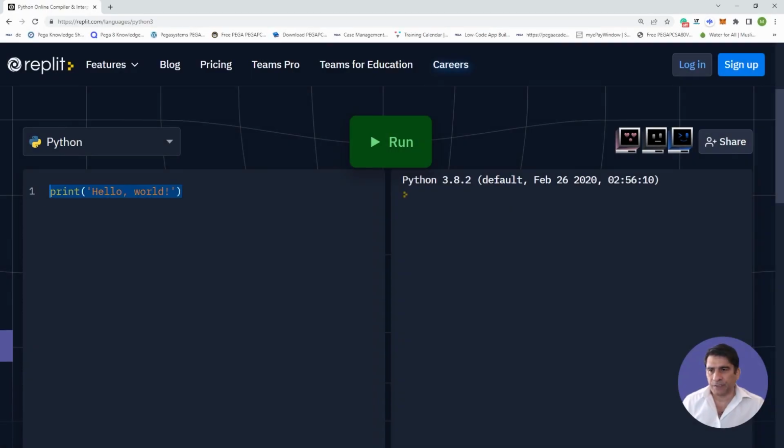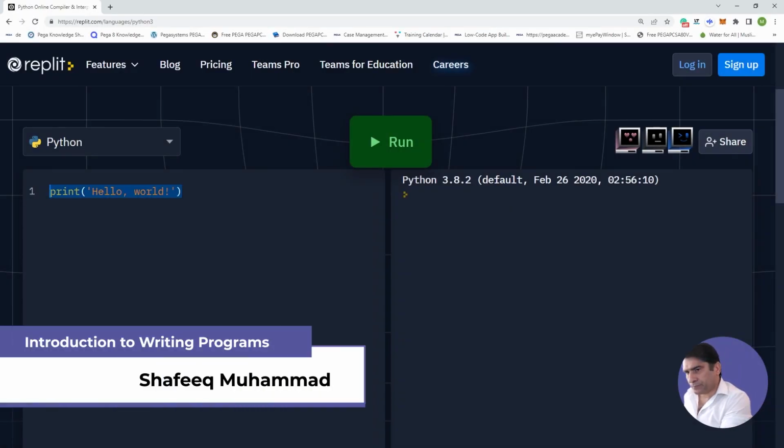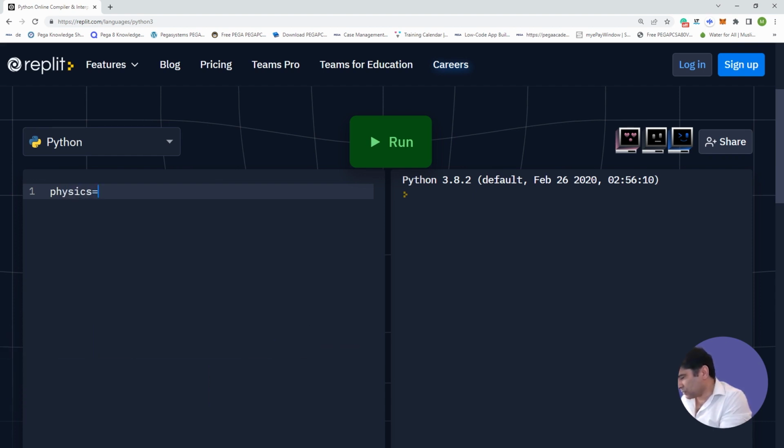So here, let me remove this and write PHYSICS. Physics is equal to 70. Chemistry is equal to 50. Maths equal to 100. Total is equal to